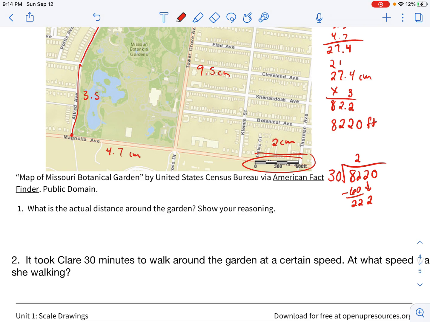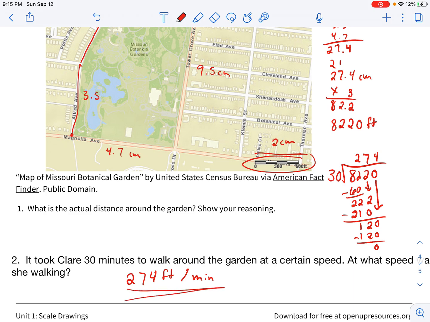30 can go into 222. That would be 7 times. That would give us 210, leaving us with 12. Bring down the 0. So now it is 120. 30 can go into that 4 times. That's going to even it out. So Claire is walking at a speed of 274 feet per minute. And this is good enough. We could do feet per hour, but this is going to give us just what we need to know. So 274 feet in 1 minute. All right, and that's the scale drawings and maps and how we can use speed or find our rate of speed to answer